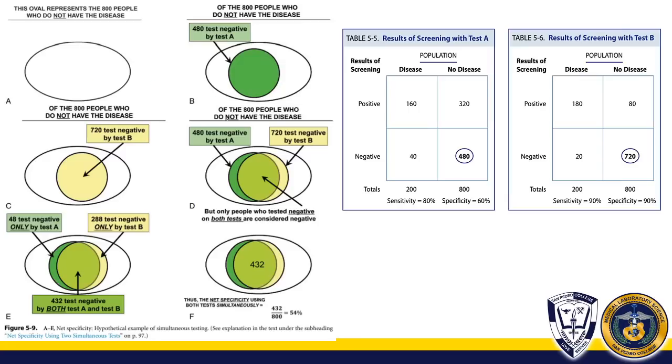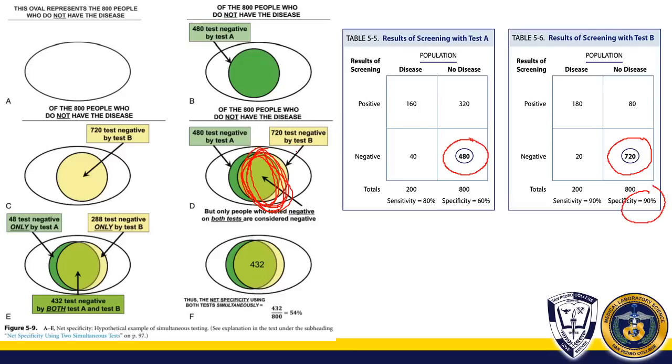This time around, naay 480 na true negative kay test A, 720 na true negative kay test B. Now, to get kung pila ang number sa both na nag-negative ni test A ug ni test B, still use the